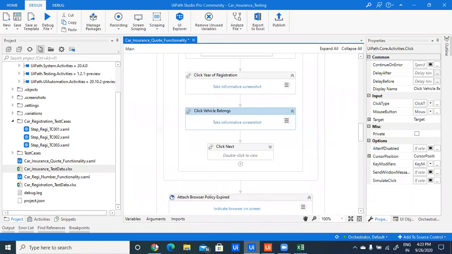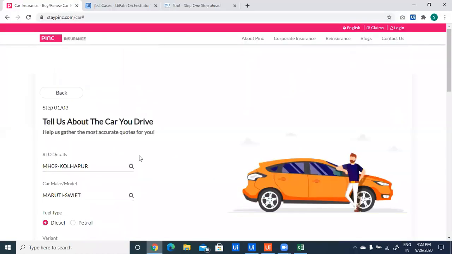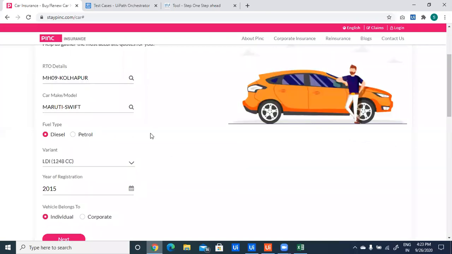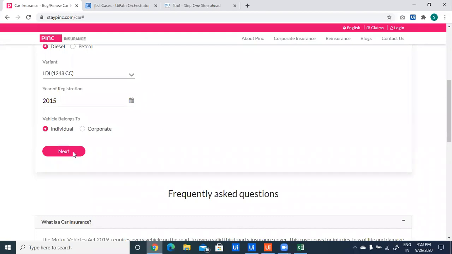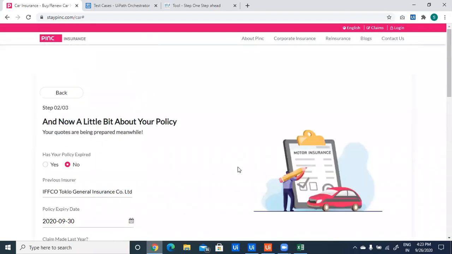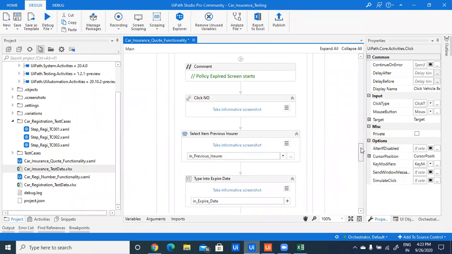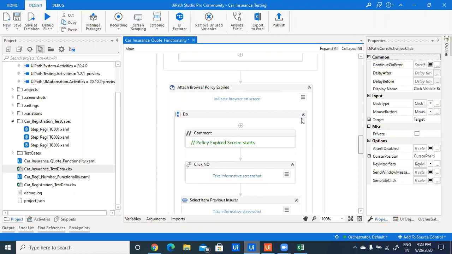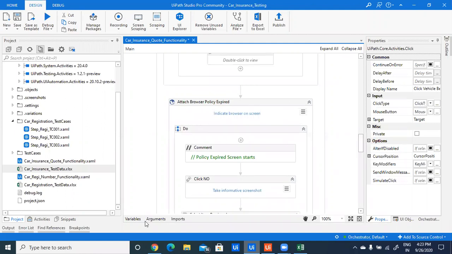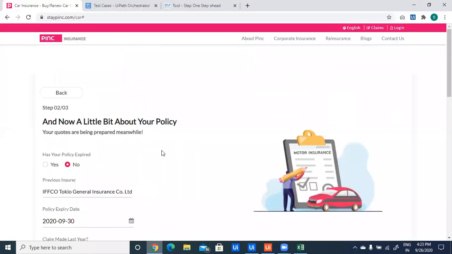So this is my first page, after clicking on continue without car. After filling in this first page's details, we click on next. Then the second page gets displayed. For that, I have used attach browser. It will attach the current window which is open. So when navigating from one page to another, the selector like